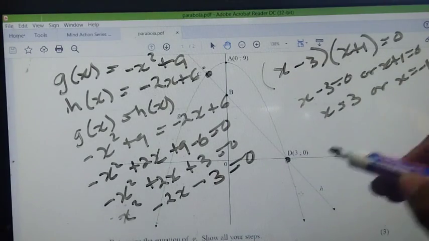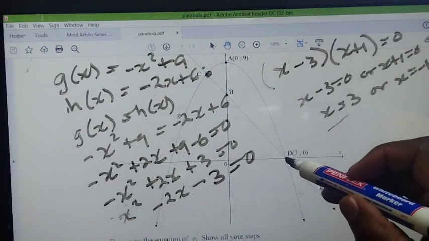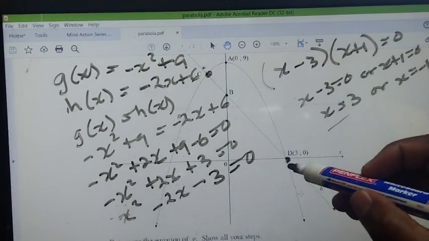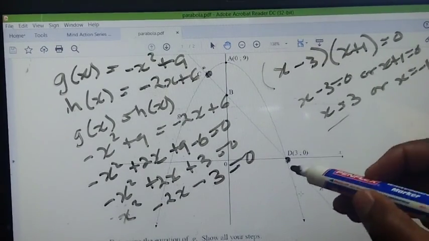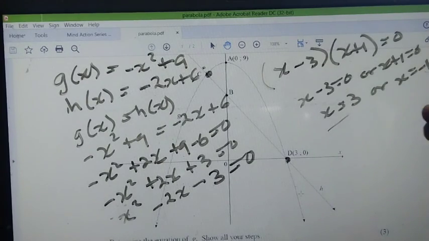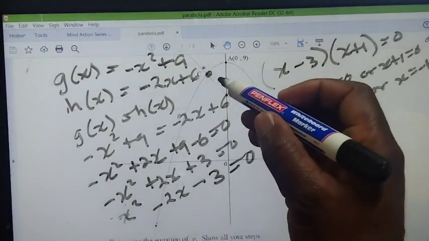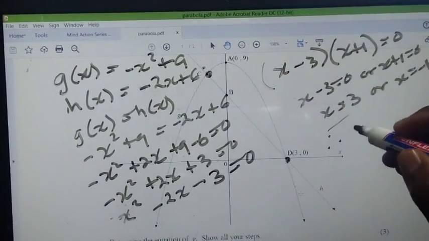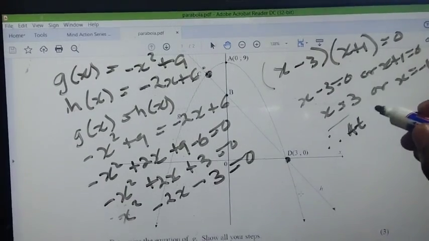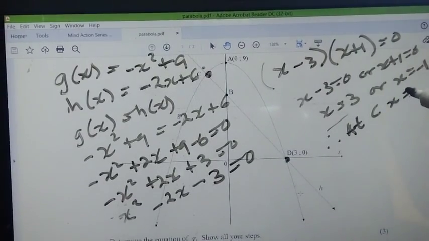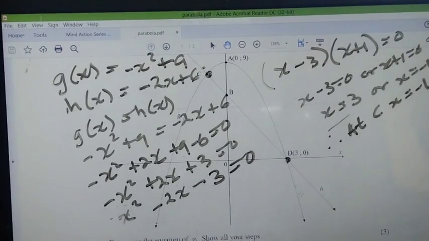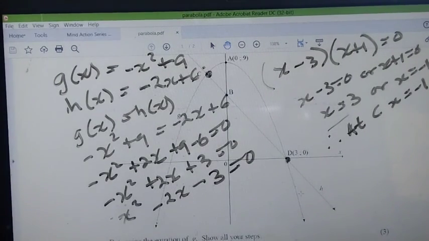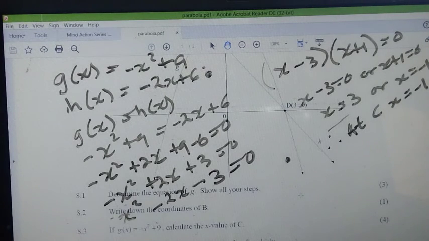And where x is 3, it's at D. That's why we are not asked. So it's just there to confirm the correctness of our workings. And then where x is equal to negative 1, it's at C. So we are saying, therefore, at C, x is equal to negative 1. So that is answering this question. Then let's move on to